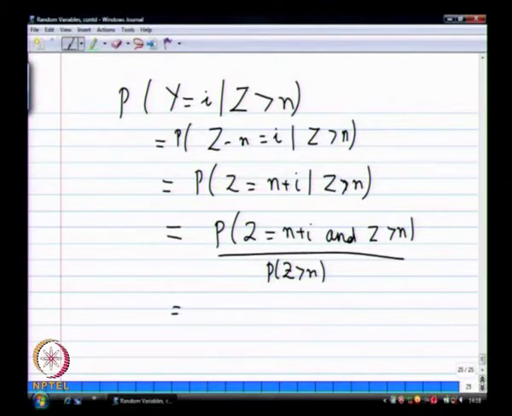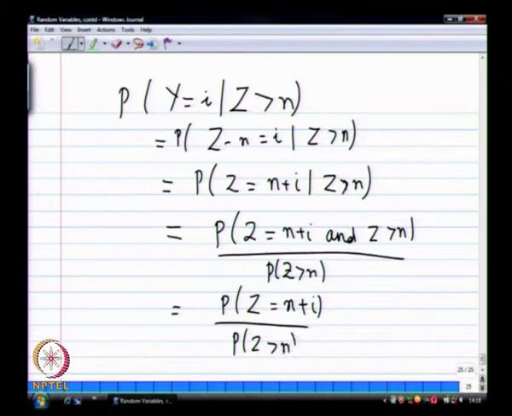So for any value of I greater than 1, the second part of the condition is redundant. So I can simply ignore it and just say, what is the probability that Z equals N plus I. If I equals 1, then Z equals N plus 1 is naturally greater than N. So the second part of the condition is subsumed by the first part for all values of I greater than or equal to 1. So what is the probability that Z equals N plus I? Here the probability of success is P, and we use Q to denote 1 minus P. So this is simply Q to the N plus I minus 1 times P, divided by